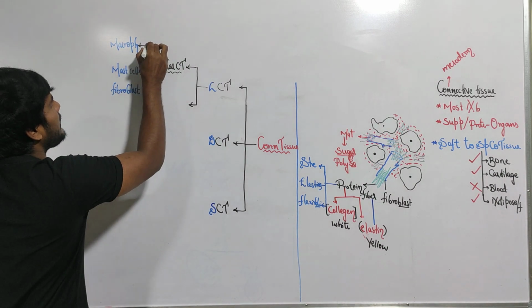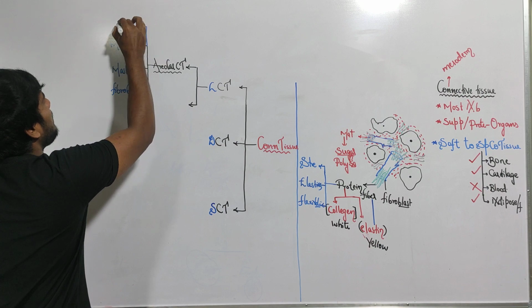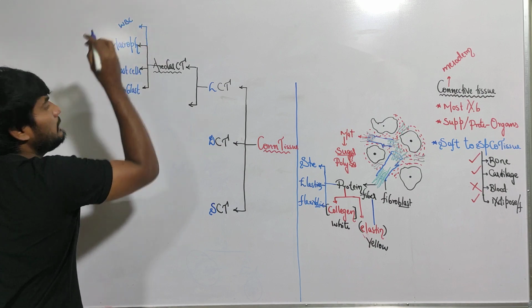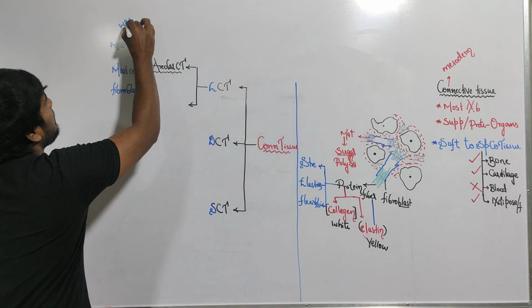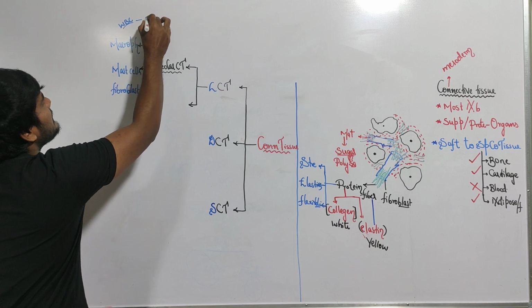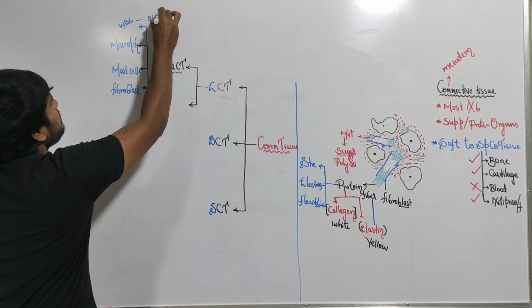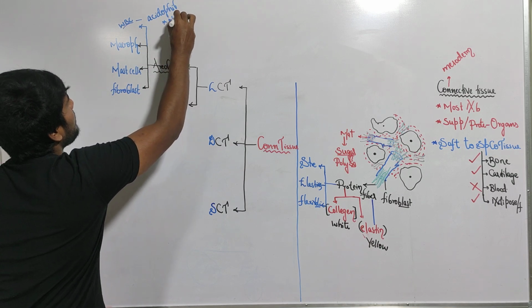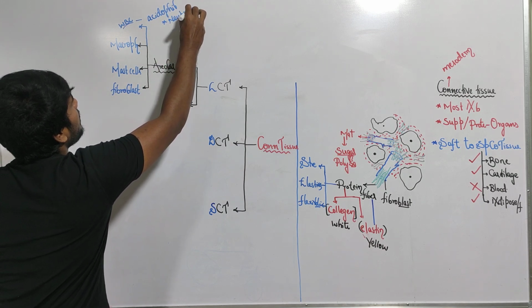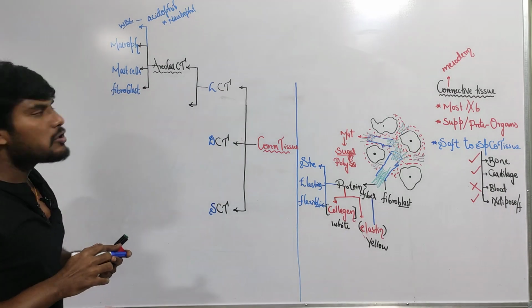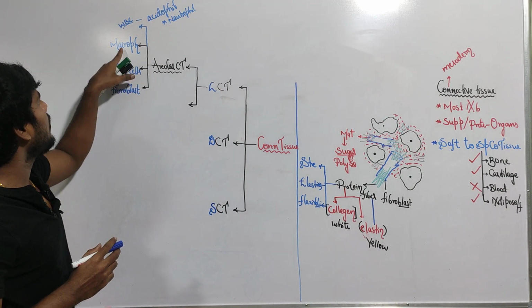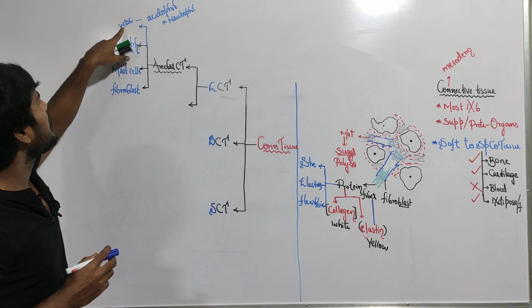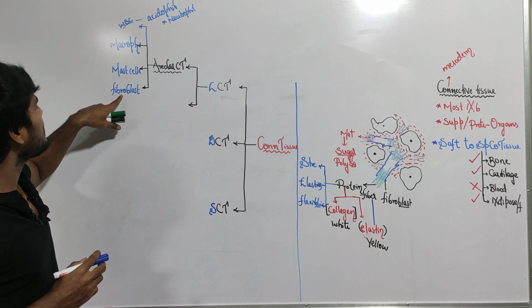Along with that it also contains some WBC cells. What are those WBC cells? Means acidophil and neutrophil. All these cells will be present. So areolar tissue consists of macrophages, some WBC cells, the mast cells, as well as